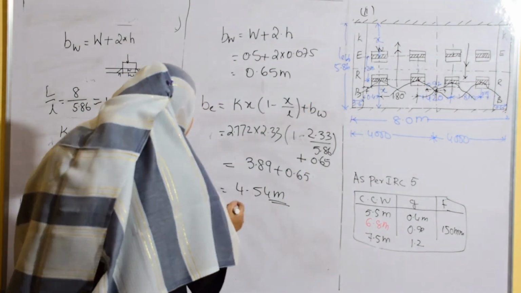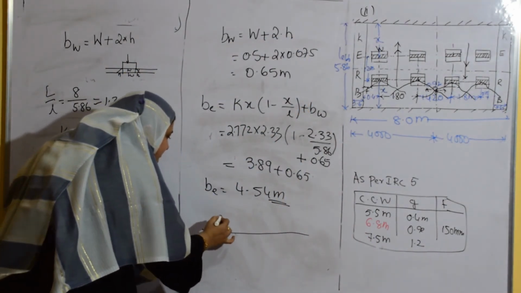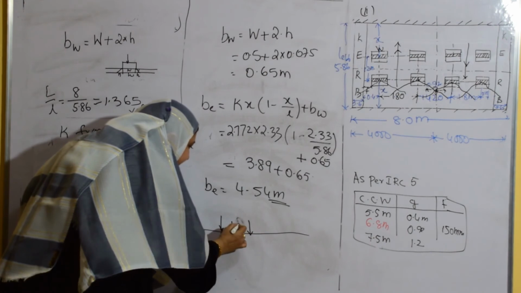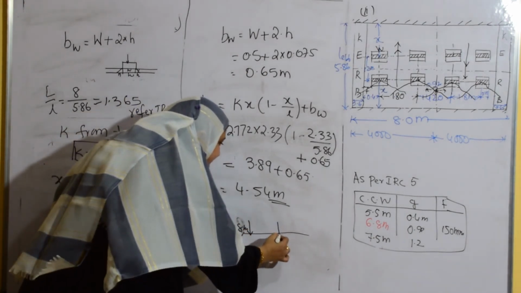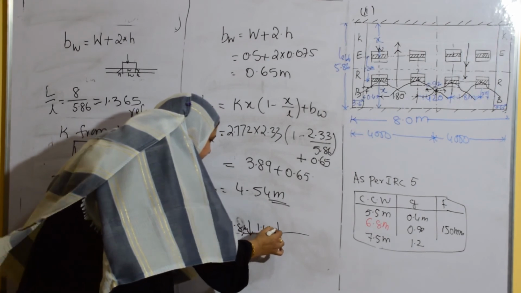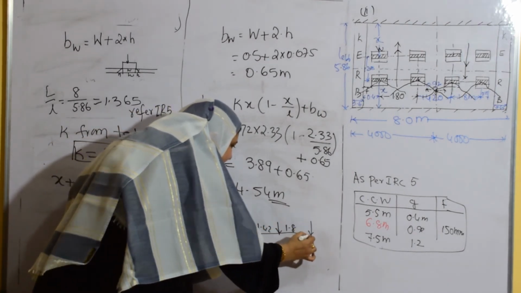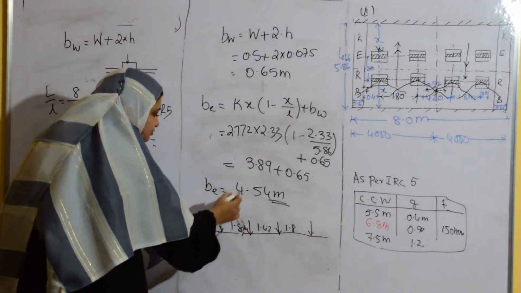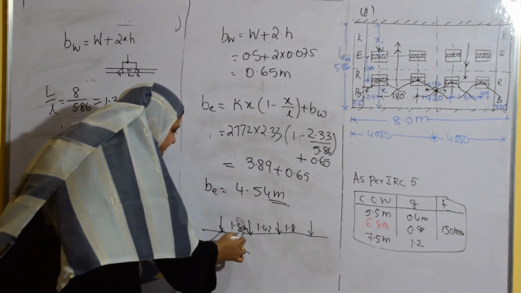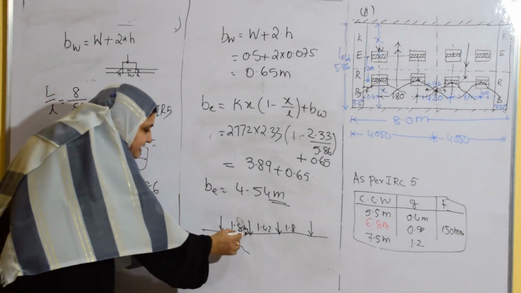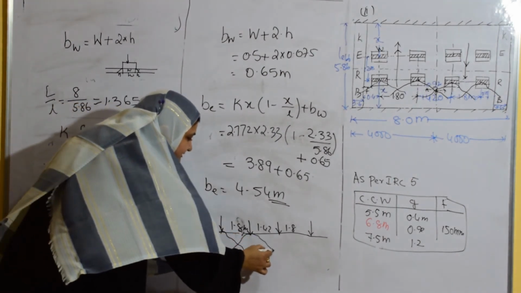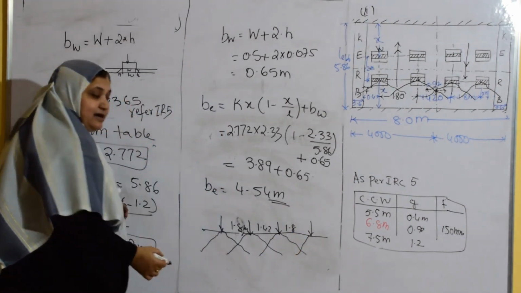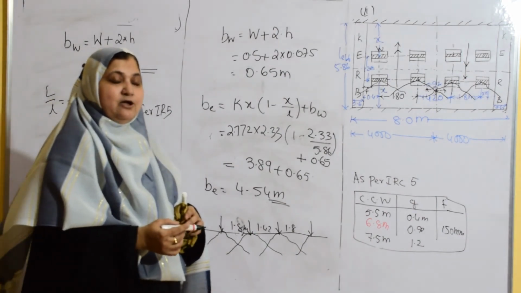So if you want, I'll just draw one simple diagram. Suppose this is one axle, this is one axle, separated by distance of 1.8 meter. This is again after some distance of 1.42, one axle, again 1.8, another axle. Some space is there. So this is getting dispersed to half of this, 2.275, then 2.275. Together it is 4.54. Then here it is 2.75, 2.75, 2.75, 2.75. So you can see they are getting overlapped.